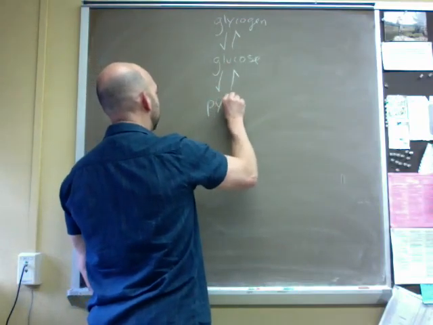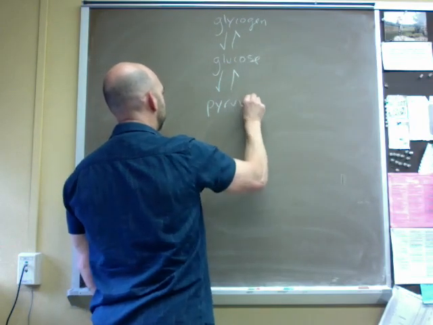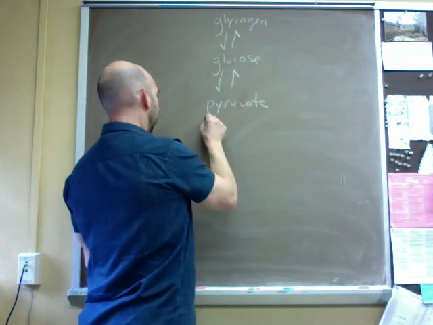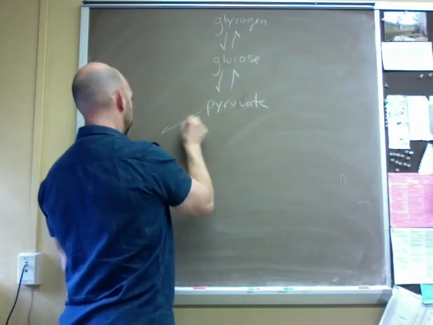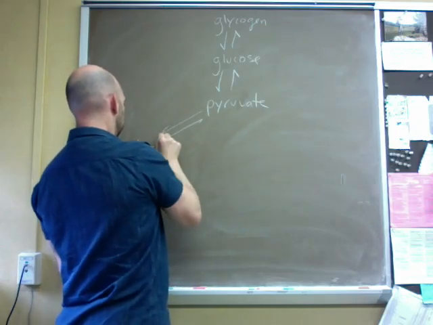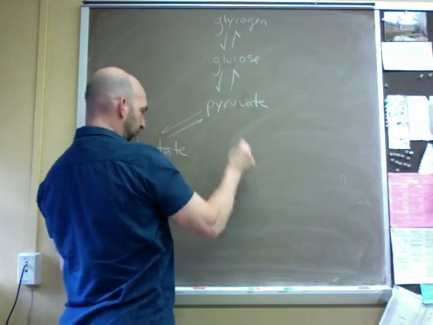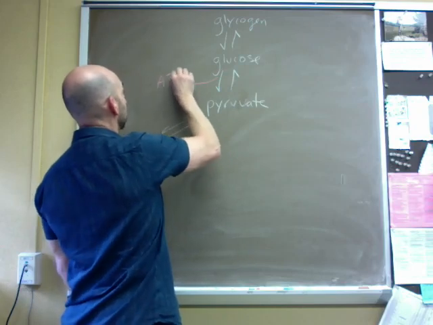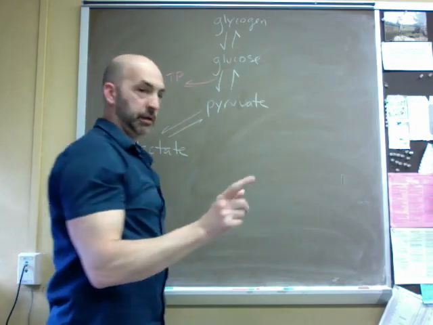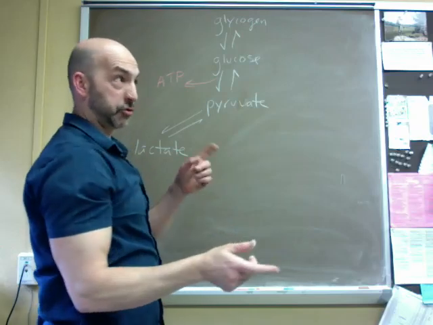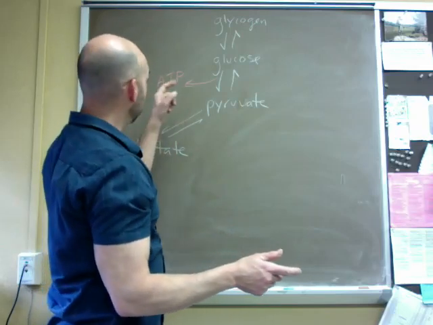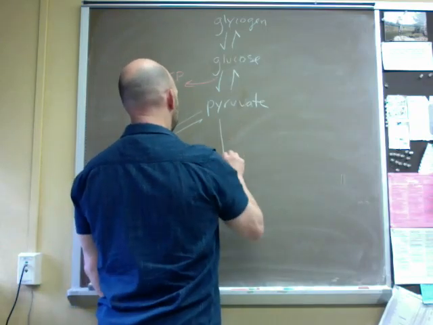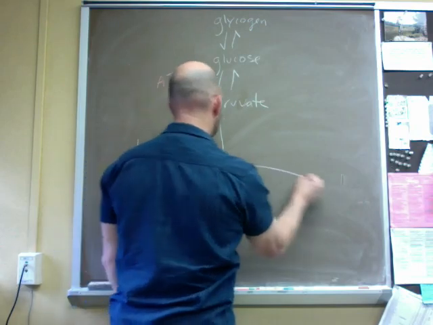Glucose to pyruvate. Right, remember that was glycolysis. We can go backwards and forwards to lactate. We have key production of ATP here, anaerobically, right? Because that's glycolytic. Substrate level phosphorylation within glycolysis, and then the pyruvate can enter